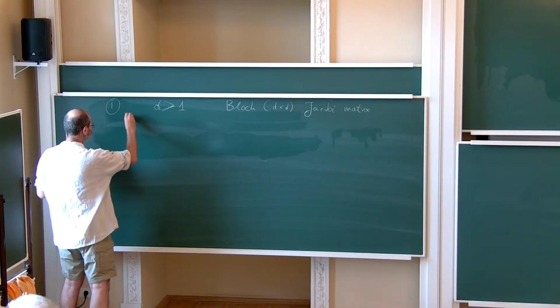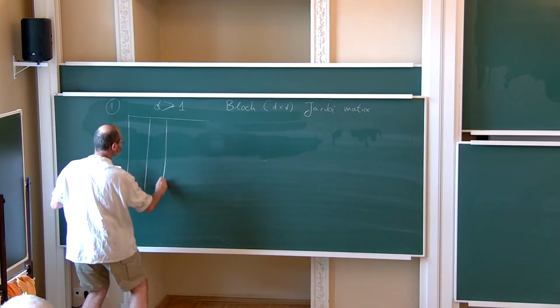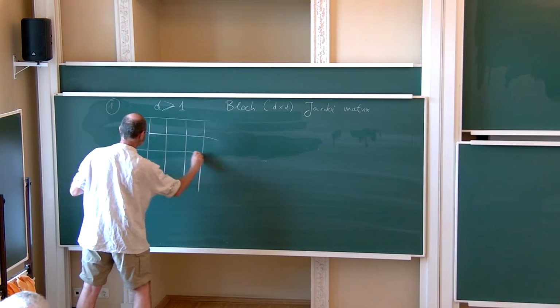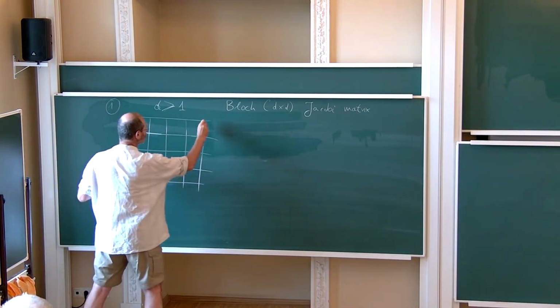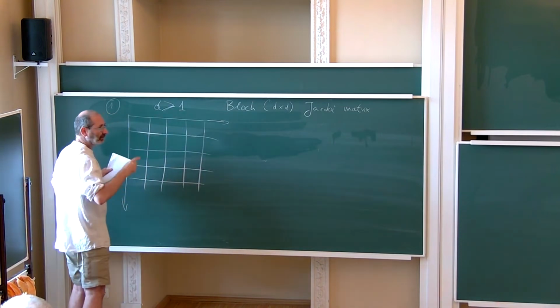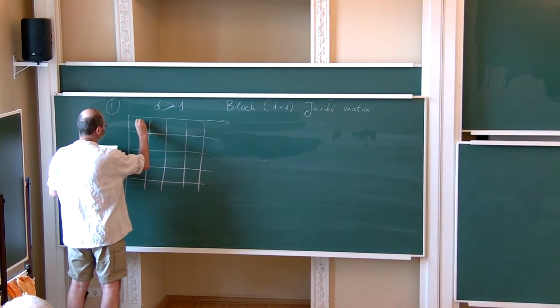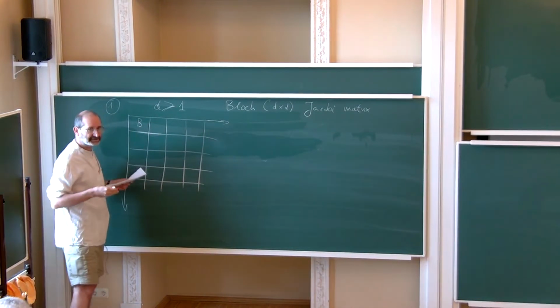So the matrix would be like this. This is half infinite, in the plus infinity direction. And here are blocks. So this is a three-diagonal